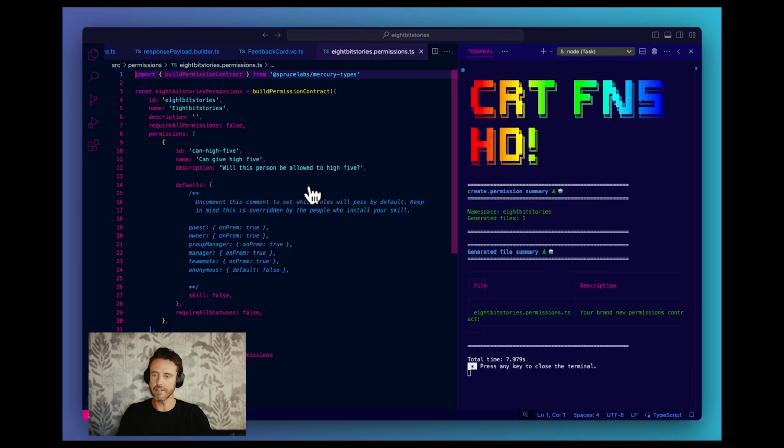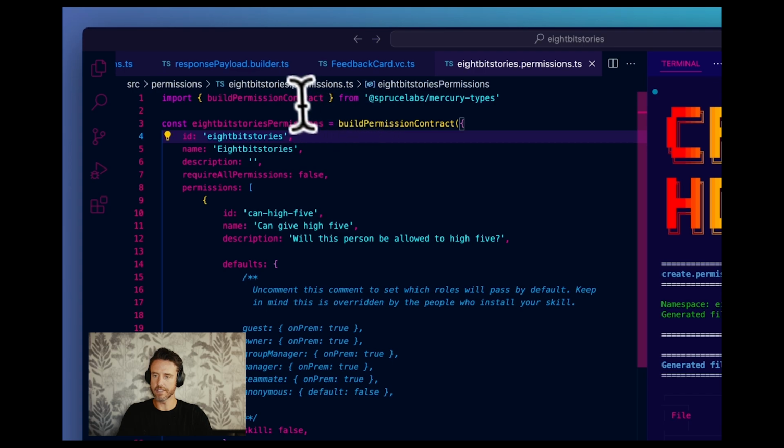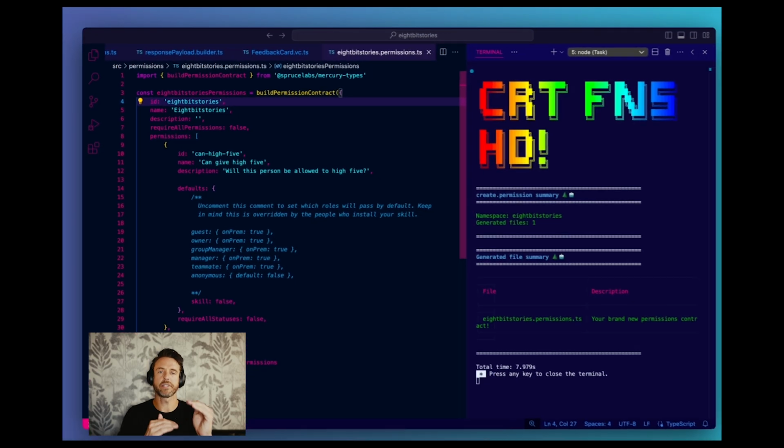So I command click on that. And we have our permission contract, which ends in .permissions.ts. We have an ID, a name, and a description. Require all permissions. So when we're checking permissions, we can check against the whole contract or any specific permission in